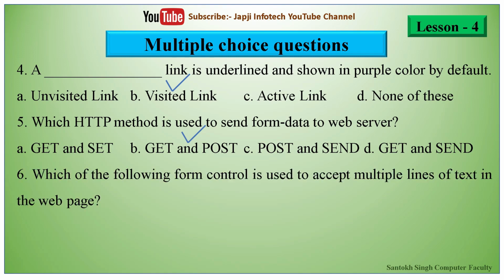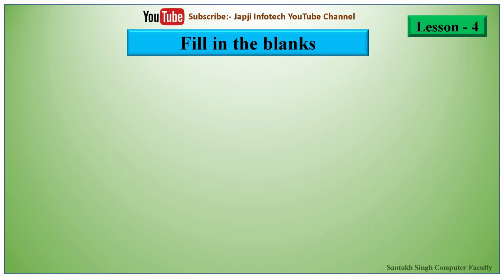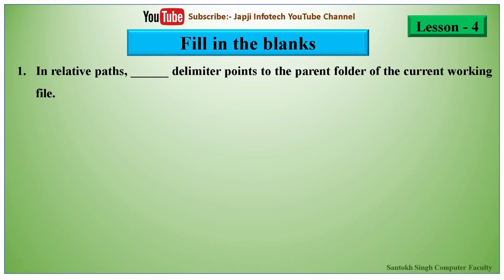And the sixth one is, which of the following form control is used to accept multiple lines of text in the web page, and their options are text box, drop down box, password field, and the last one is text area. And the right answer is text area form control is used to accept multiple lines of text in the web page. So now we will learn about fill in the blanks, and the first one is, in relative path dash delimiter point to the parent folder of the current working file, and the right answer is in relative path